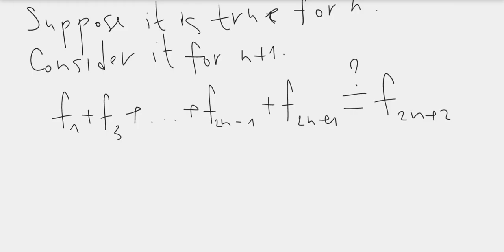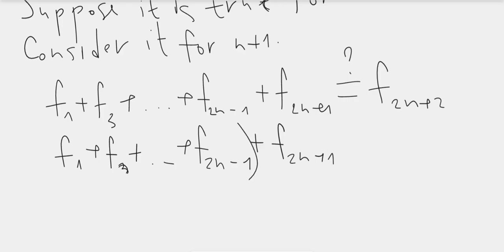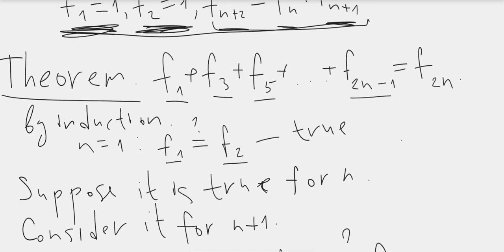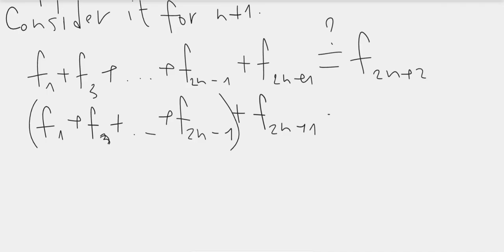So let's rewrite the left side. We start with the left side: f1 plus f3 plus and so on plus f2n minus 1 plus f2n plus 1. The first terms, all the terms except the last one, we group together, and we notice that this is exactly the expression on the left side in the inductive hypothesis. We assume that this equality is true for n. So by the inductive hypothesis this is equal to